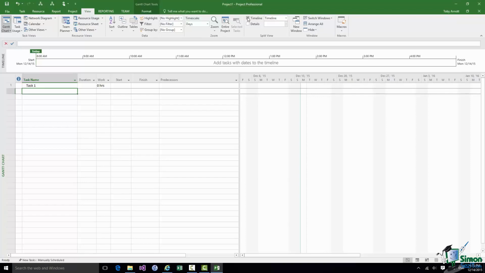Now in fact I've just entered one task, although it hasn't got any work in it, and the timeline can be set to run over a period of time. By default my new project is starting today, so that's December the 14th, and because I haven't got any tasks or work in them, the finish date at the right hand end of the timeline is also December the 14th. So it's not the most exciting project in the world at the moment. I'm not really doing much, and therefore it's one of those situations where I can safely say that my project is on time.